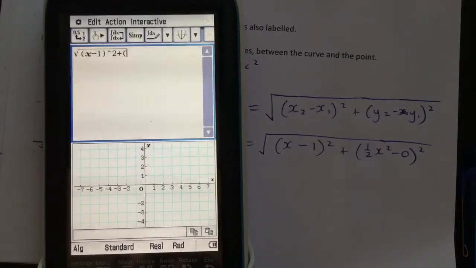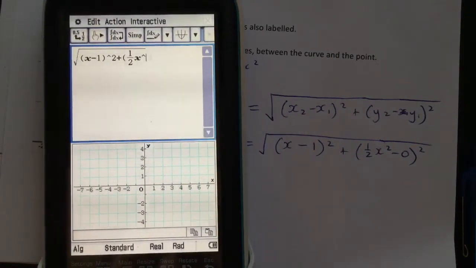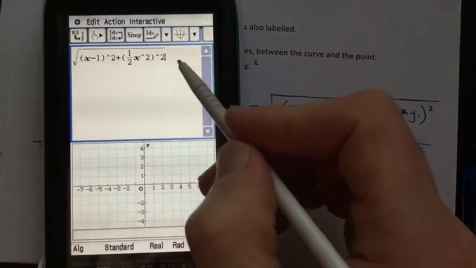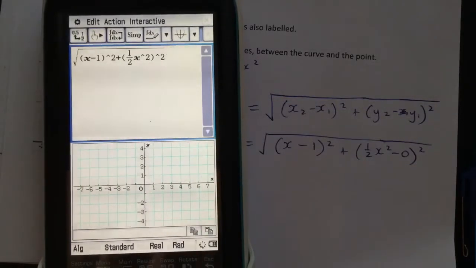Plus, now we've got to be a little bit careful. I'm going to use the fraction template here just to make sure I can keep track of all the bits and pieces. So it's a half, x squared minus 0. So I'm not going to write the minus 0 this time, in a bracket, and then that bracket's to the power of 2, so that needs to be squared as well, and all that needs to stay under the square root sign, right? So if we wanted to do this graphically,